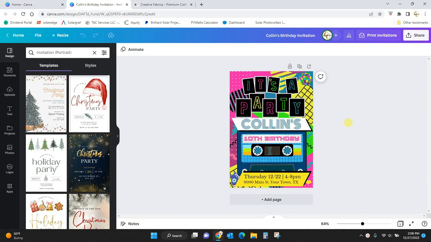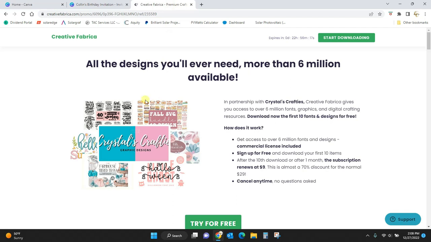We are going to create the invitations in Canva, and you can use the free version of Canva for this. And then we're going to get all of our design elements from CreativeFabrica. So if you click the first link in the description, it's going to take you to this page right here, which is my page for CreativeFabrica, and it lets you know that you can get your first 10 design elements